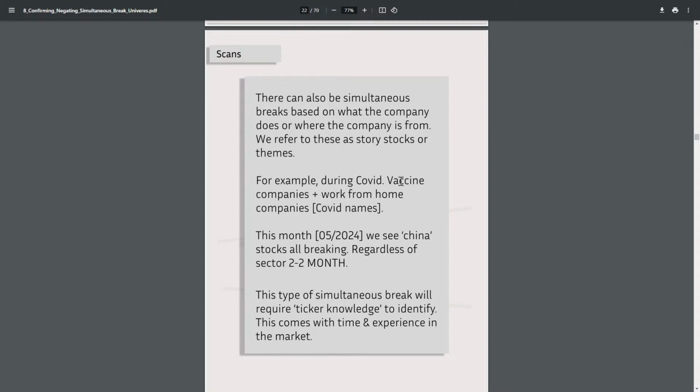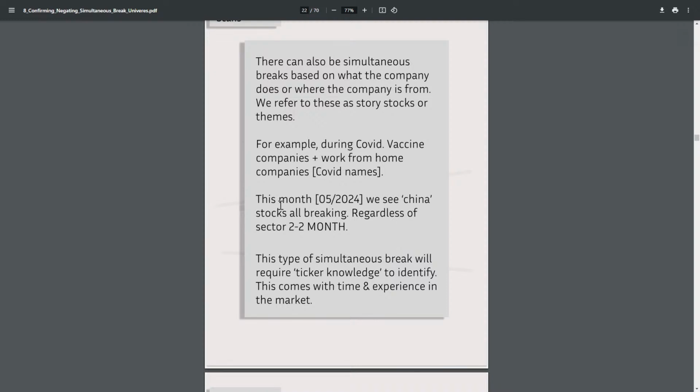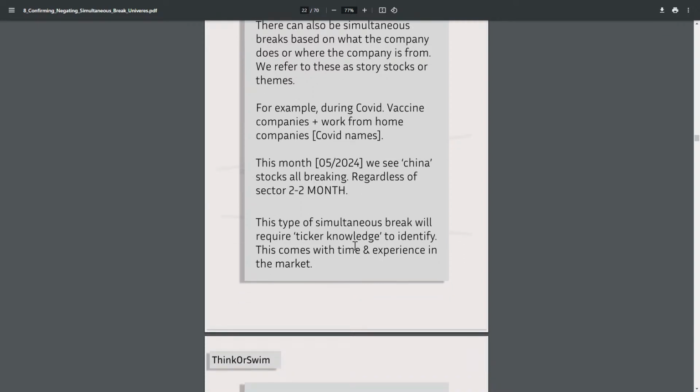So for example, during COVID, vaccine companies like Moderna, Novavax, work from home companies like Zoom. If you weren't here, you wouldn't know why that's funny, but they tanked. This month or last month, we see China stocks all breaking regardless of the sector. So again, sector specific, like all the Chinese stocks, Baba, Baidu, what is PDD? I don't even know what they all are, but this type of simultaneous break will require